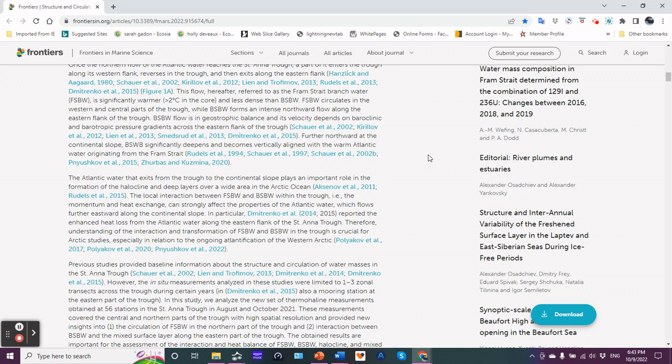If the pressure gradients are parallel with whatever cline you have, halocline, thermocline, pycnocline, let's just pick one, pycnoclines, that's barotropic. If the pressure gradients intersect the pycnocline,